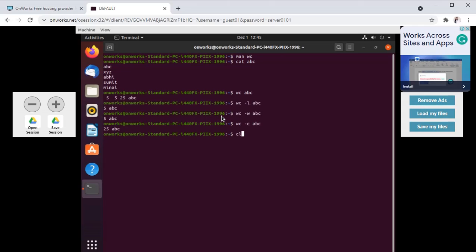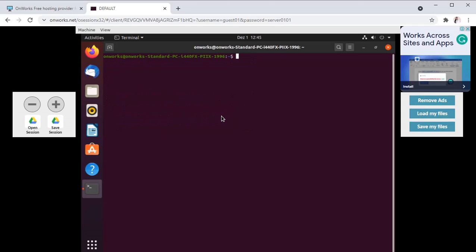Clear. Now the third command is the cut command. The cut command is used to cut some portion of a file.